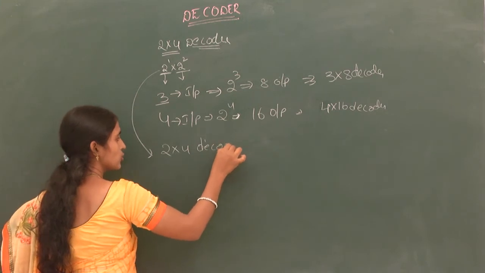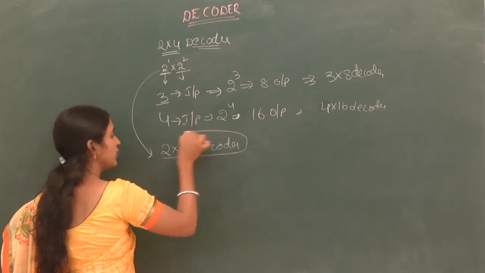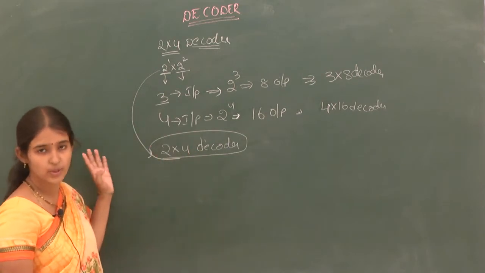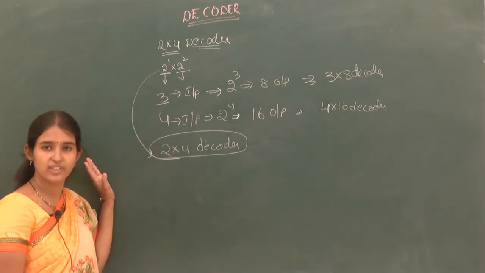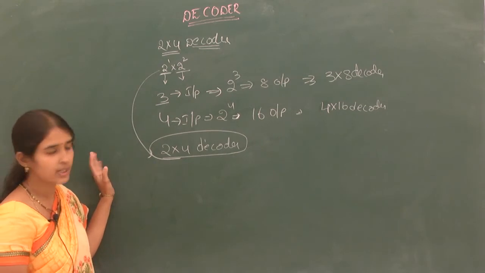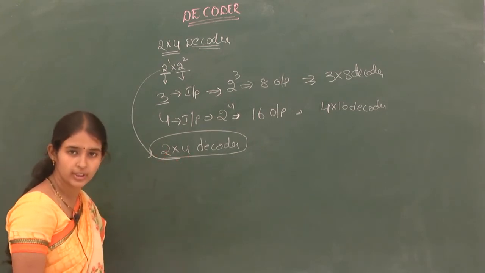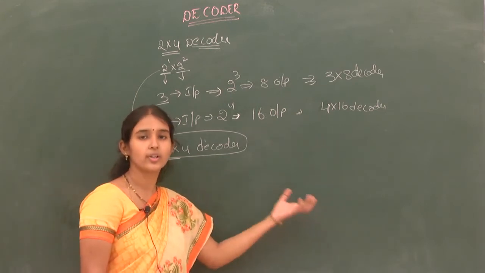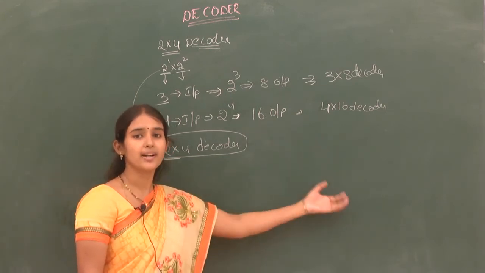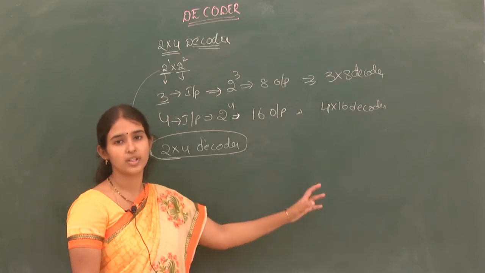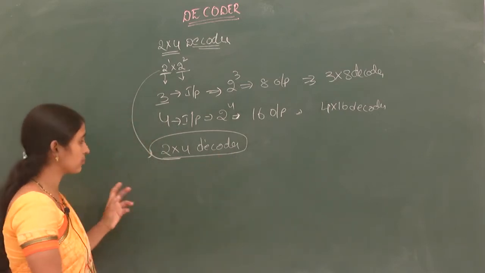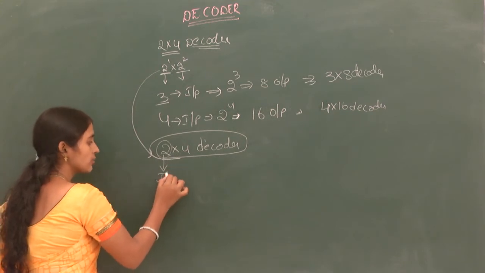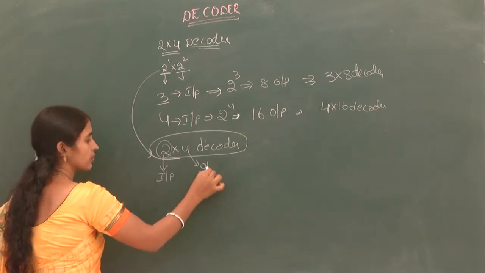Let us consider the 2 to 4 decoder. In order to design any combinational circuit, we have to follow the 4 steps I mentioned in the previous classes. First, write the truth table. From that truth table, draw the circuit. From that circuit you will understand the operation based on your truth table. Here you will have 2 inputs and 4 outputs.